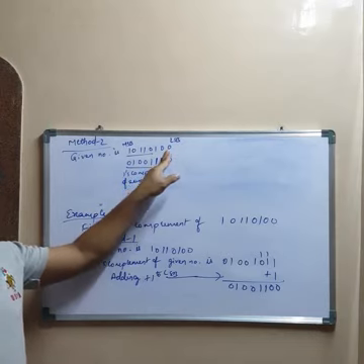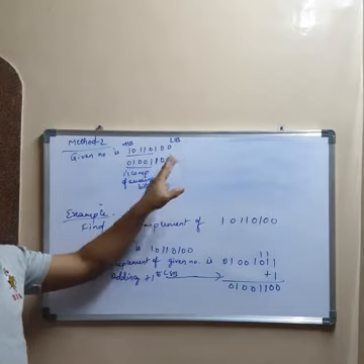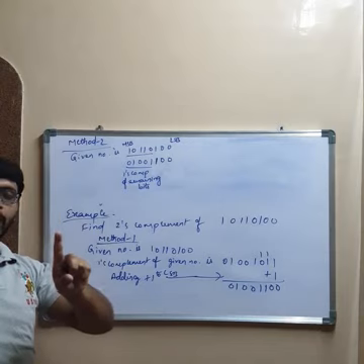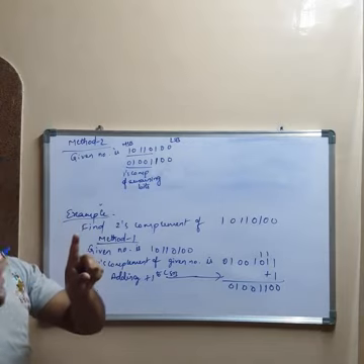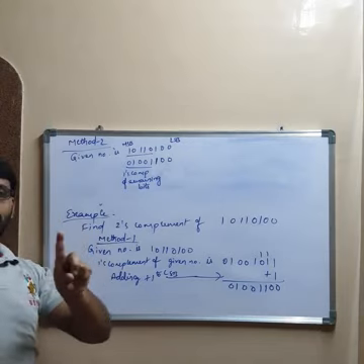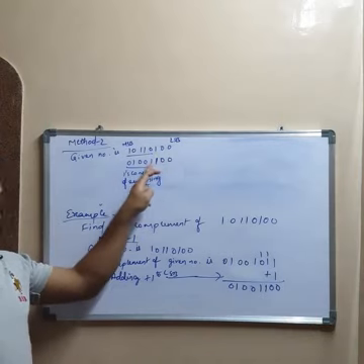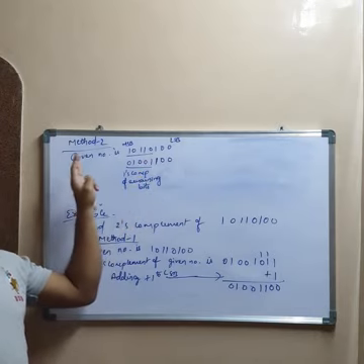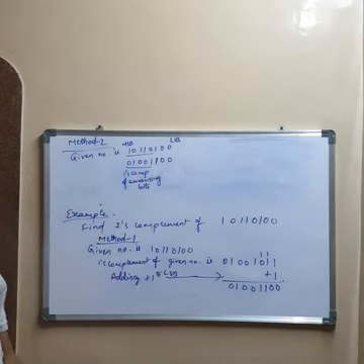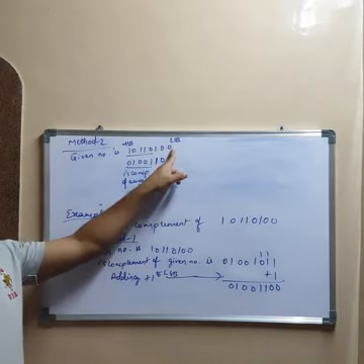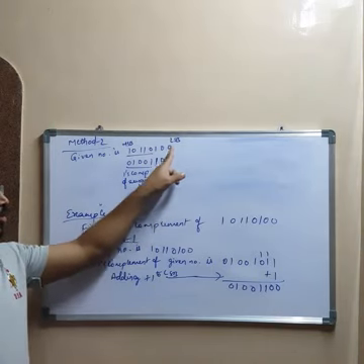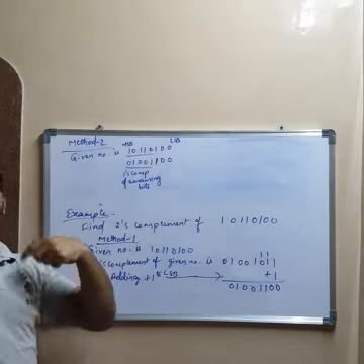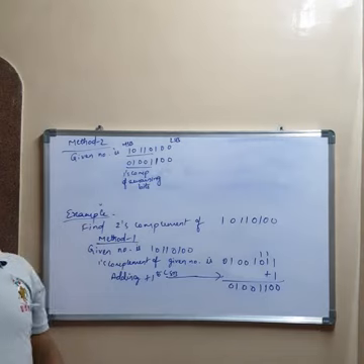We will write the bits as it is from the LSB until a first one is obtained. Till the first one is obtained, we have to write the numbers as it is. If the first one is obtained, after that, for the remaining bits, find out the ones complement of the remaining bits. So the 2's complement of the number is obtained. If you got 1 here itself, you can copy the 1, that will be the starting one, and for the remaining bits, you can obtain the ones complement of the remaining bits.